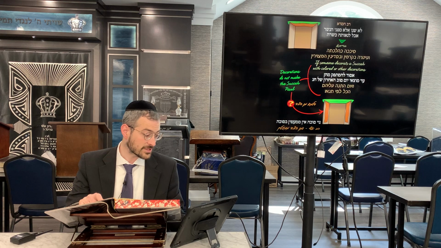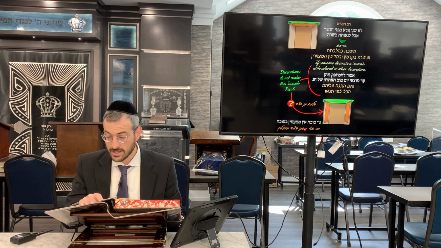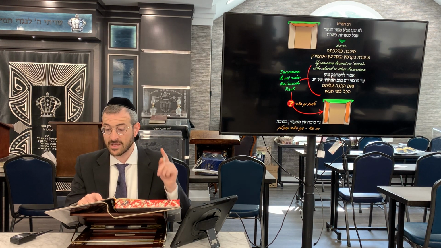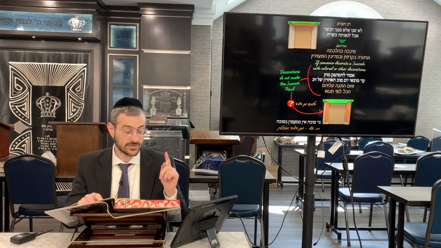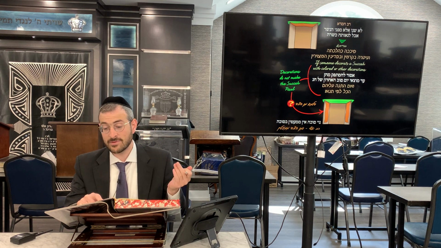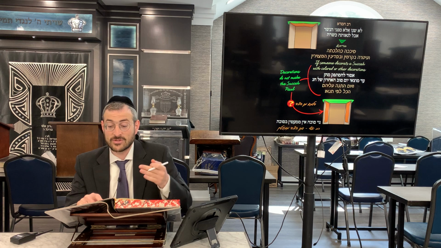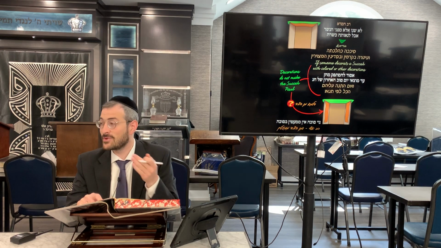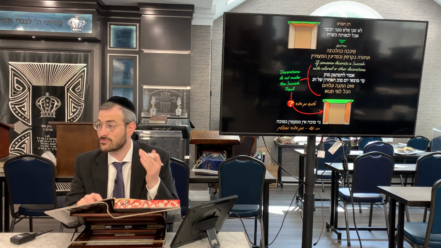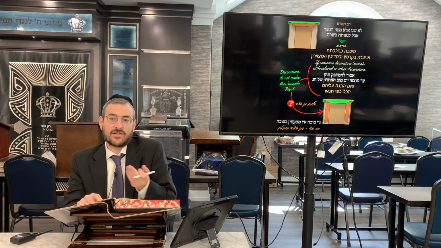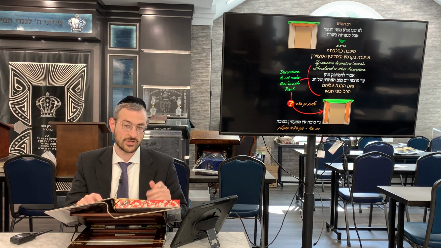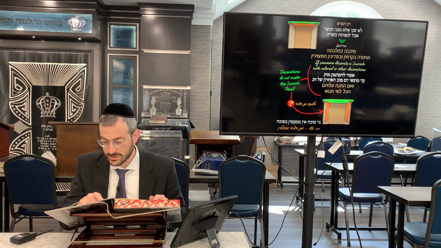Now, Amar Rav Ashi here, he however says, interestingly, uminat tzad ma'iti. He says, however, from the side, it would diminish from the measurement of 7 tefachim, which is the minimum of a sukkah. And the reason for that is very simply because now it does not contain your head, the majority of your body, and your table. So here it does have a different application than regarding the height. Here it doesn't fit the minimum, and that's where we get the shiur of 7 tefachim. There it would diminish it.